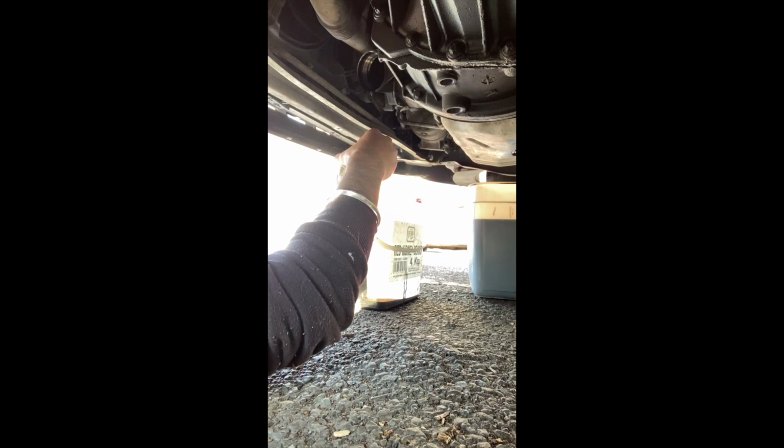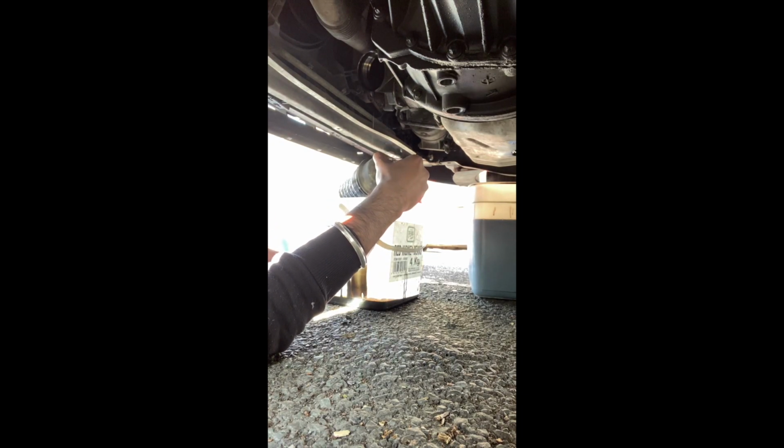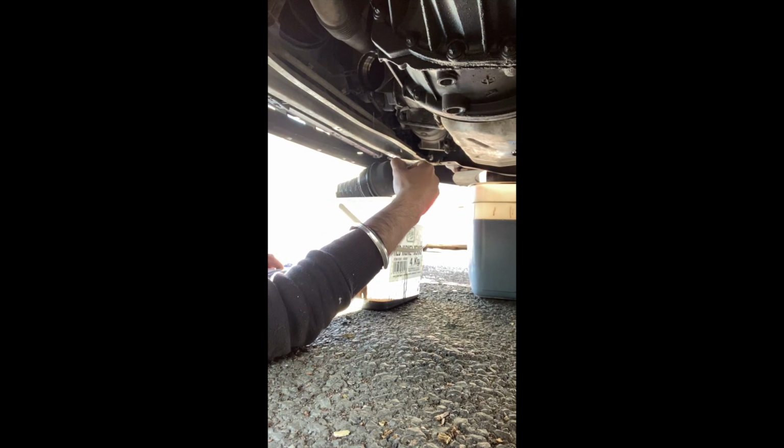There is one oil filter, guys. So what I'll do is I'll just change this whilst you guys are on as well. I guess with this,